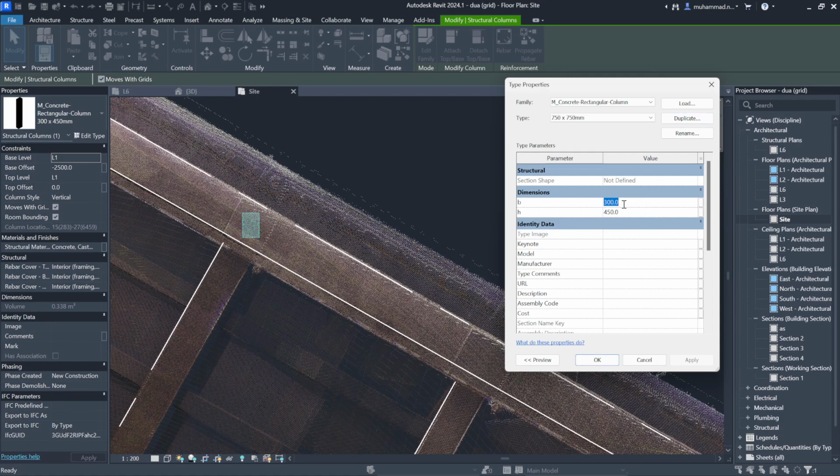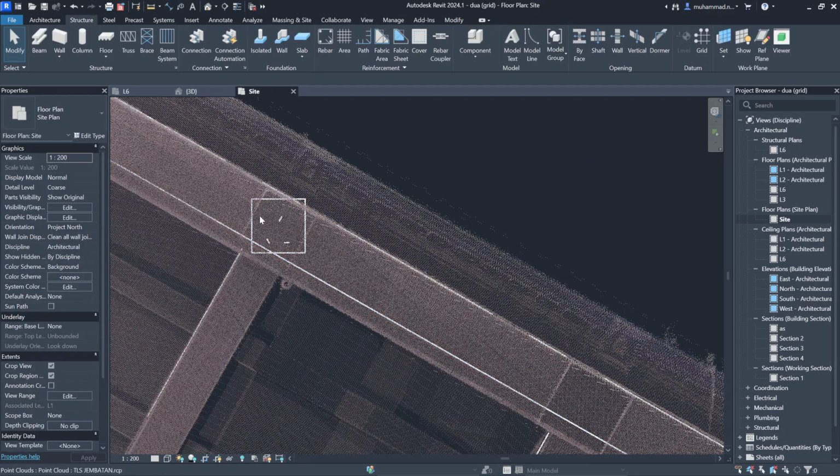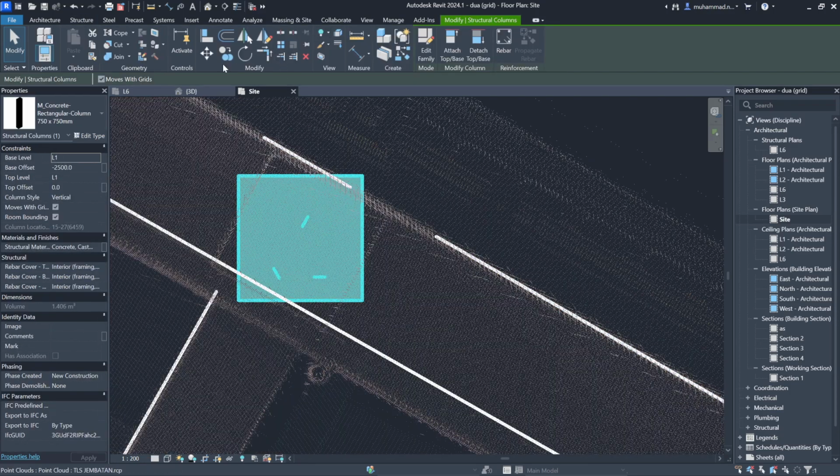Okay, now we set that dimension here. This is just to set any name of that. Okay, so what we do now, we can create and we can rotate that